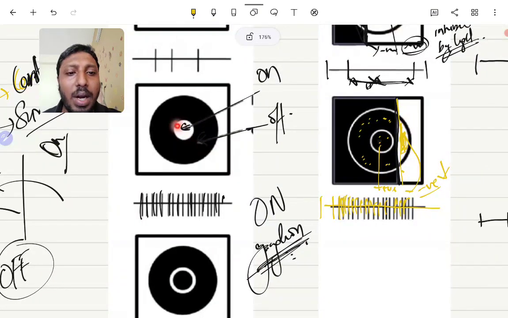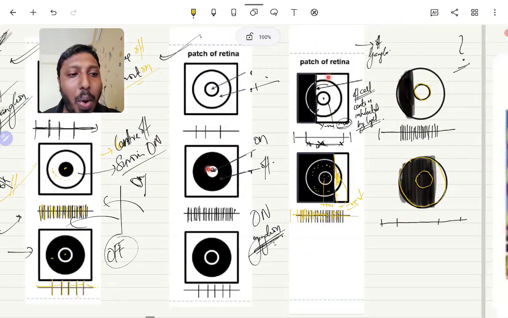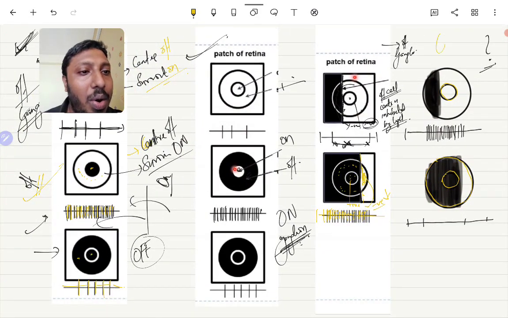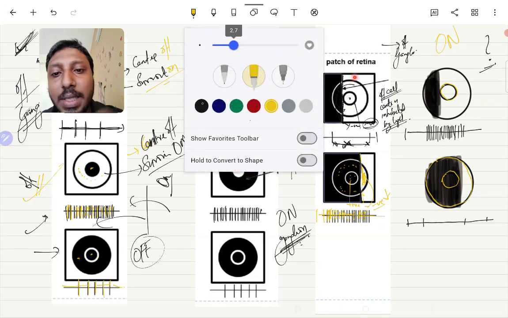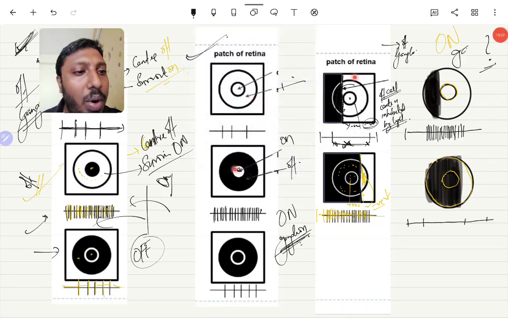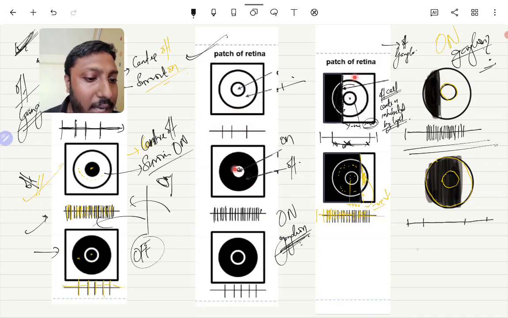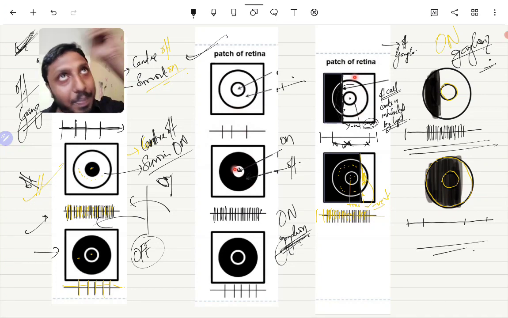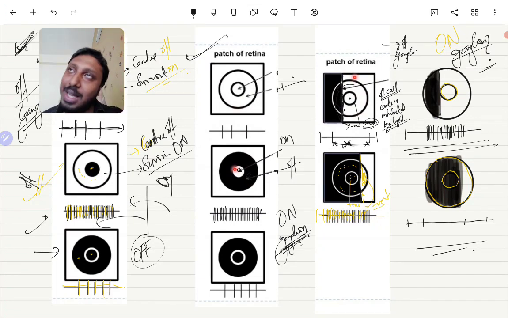You can do the same with an on ganglion. On ganglion edge detection will have features like this. You have to do it. Take a paper, take two circles and work out what is going to happen. Use the previous class to create this, so you can find an edge like this. So all these edges we have got.